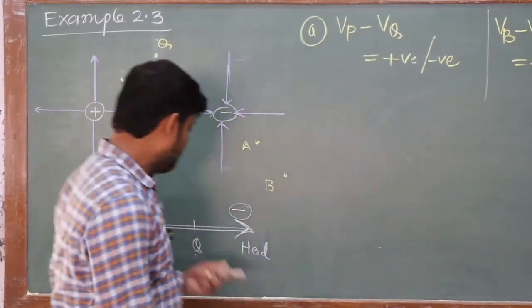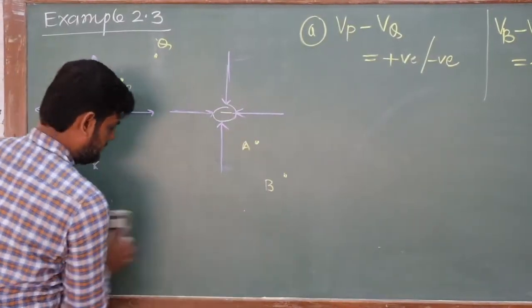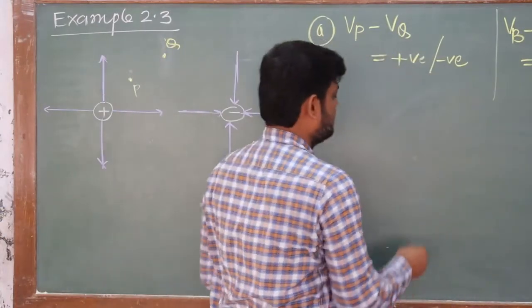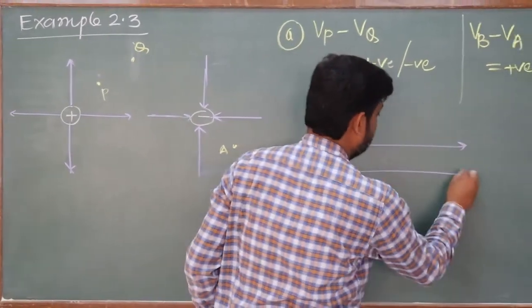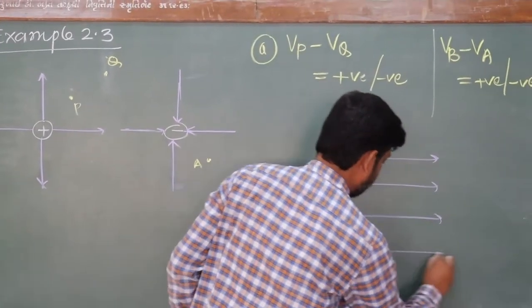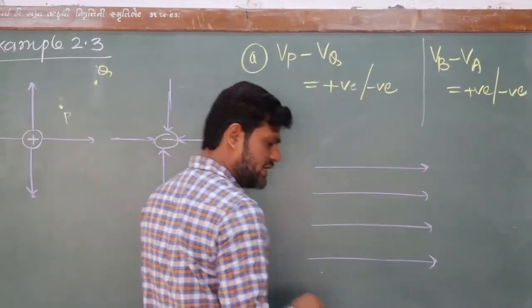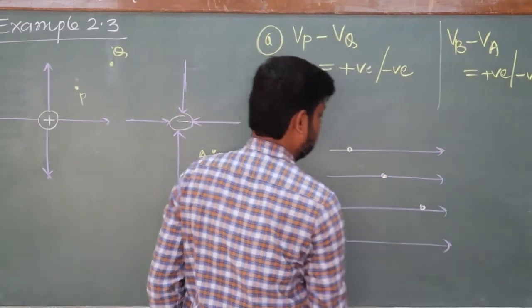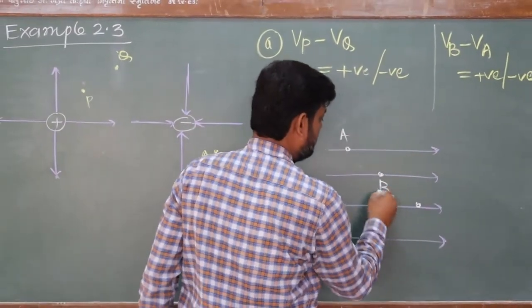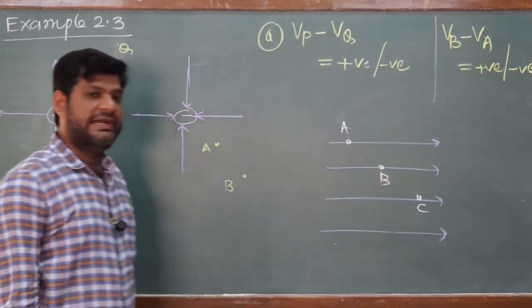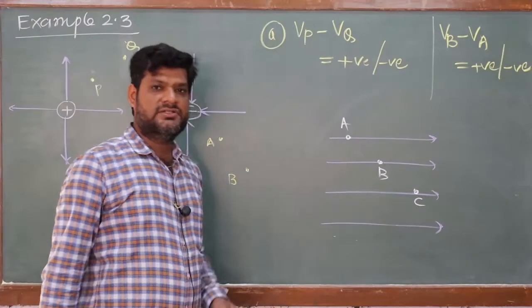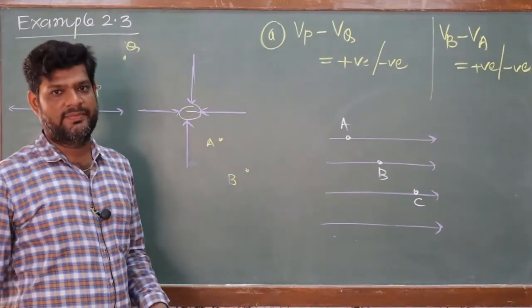So with the help of this trick, we can solve a number of questions, right? Suppose we are having electric field lines, and the points are given on the electric field line. Suppose this is the A point, this is the B point, this is the C point. A, B and C, these are the 3 points. Find out the point of more potential. So out of these 3 points, which point has more potential, right?